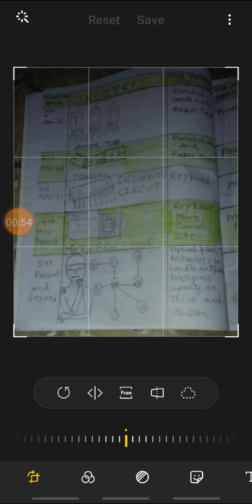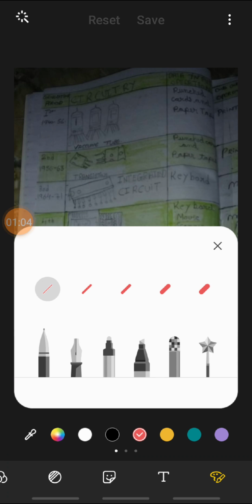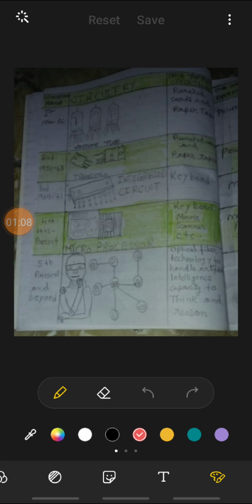Fine. Now how can you check? There are two ways to check the sheet. First, at the bottom you see the pen over here. Just click on this tool. You see so many tools again here. Scroll them from right to left. Then the first tool on the right-hand side, see, there's a pen. Click on it. Now see the pens are here. The first one is already selected. We need the red pen only. Fine. Now I'll be using this pen to check it.